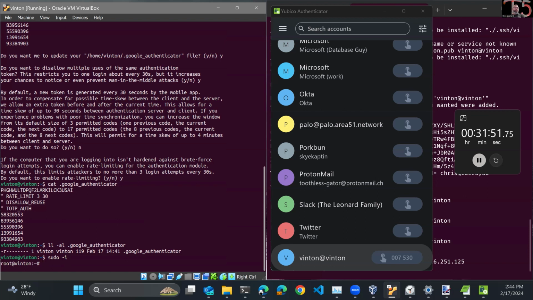So I'm going to turn myself into root. Not sure why that didn't ask me for a password, but I'll look at that later. And we need to edit a file called /etc/pam.d/sshd. So PAM is the pluggable authentication module manager for Linux, and it can